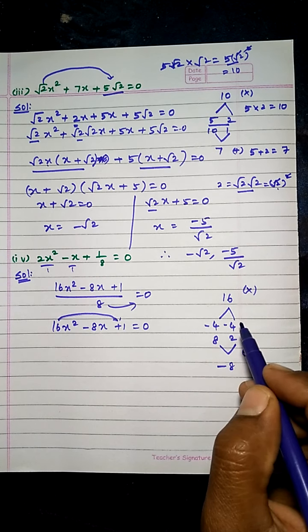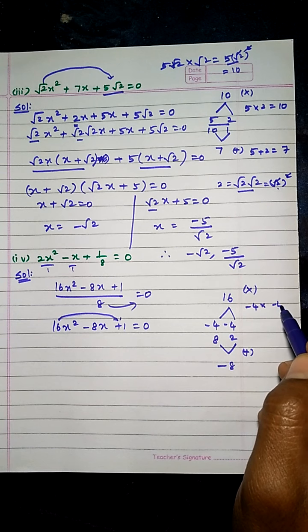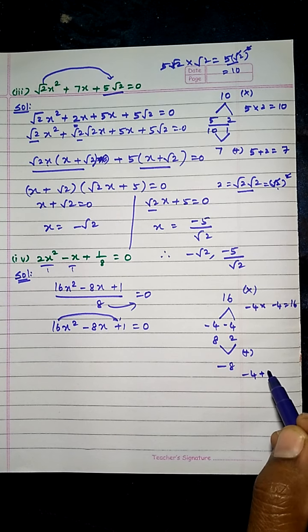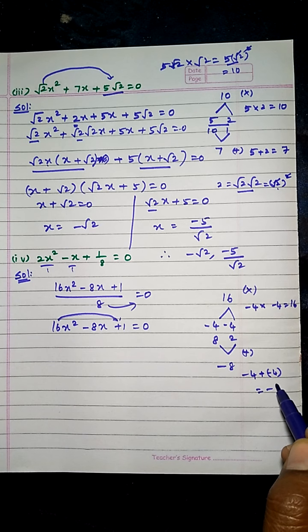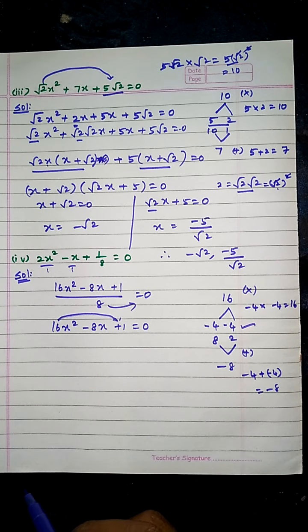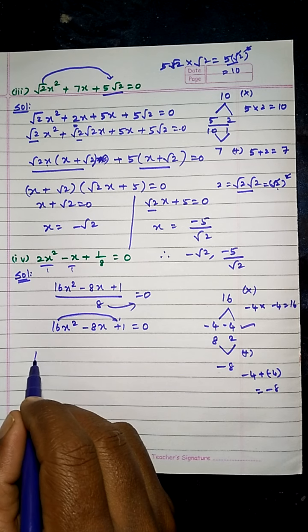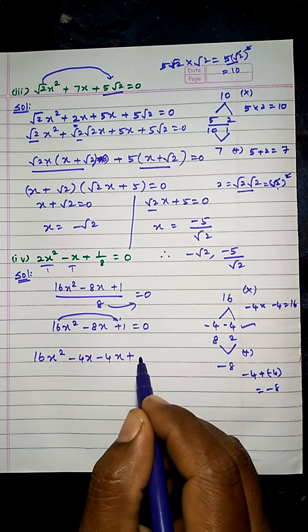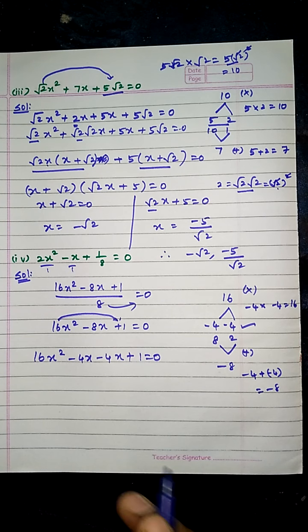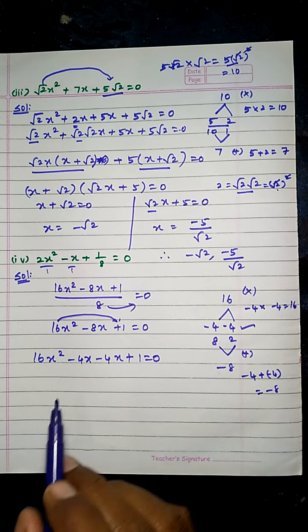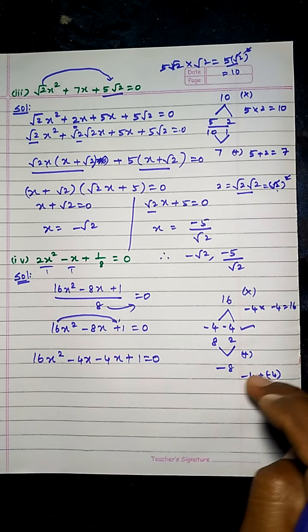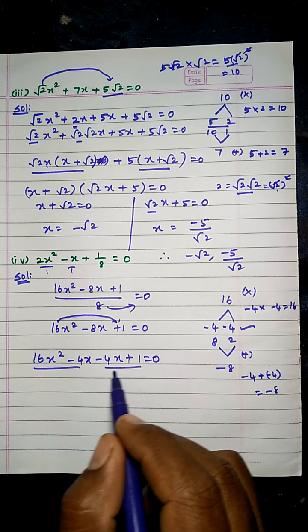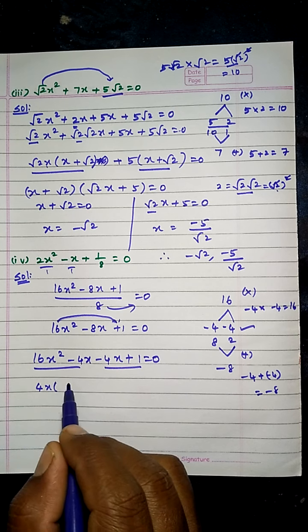So here minus minus, when you apply minus 4 into minus 4 you will get plus 16, and here you will get minus 4 plus minus 4, minus 8. So the suitable factor is this. So we can now write 16x square minus 4x minus 4x plus 1 equal to 0. So the middle term we can split in this way. To select this way only we are using this rule. This is called the diamond rule. Now take the common factor outside. 4x, if you take common out,